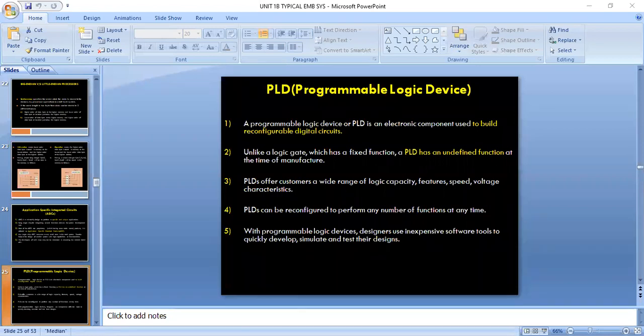This is facilitating the user or the developer for simplifying the logic. When there is the requirement of 10 standard ICs, by taking this PLD, we can program it. Suppose we want to implement an expression like x equal to a plus bc plus ca plus